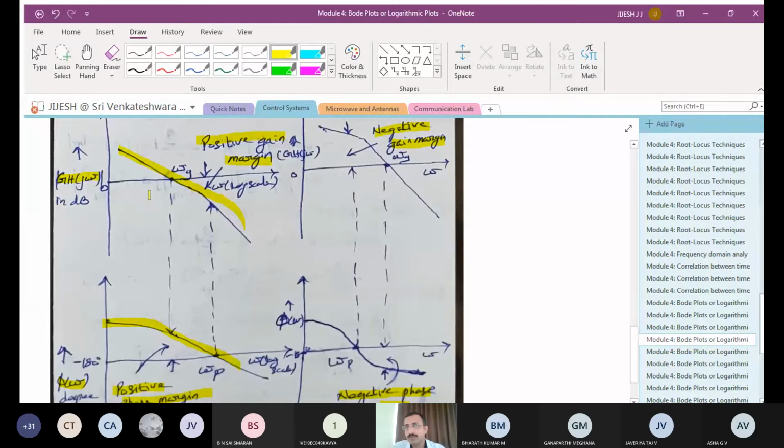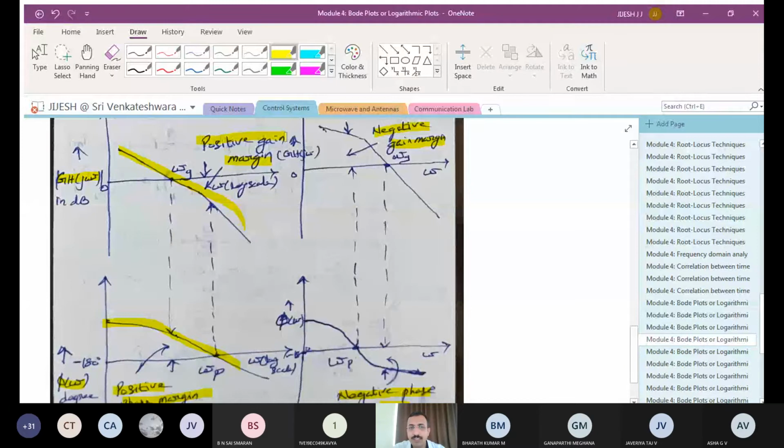Now what I have told you till now, you are going to have two plots. One is called a magnitude plot, another is called a phase plot. You need to complete the entire problem in order to find out the gain margin and the phase margin. You need to draw the entire process, mark all the magnitude points, mark all the phase points, and complete the figure. After completing the figure, you have to find this. So understand carefully what I am going to say now.